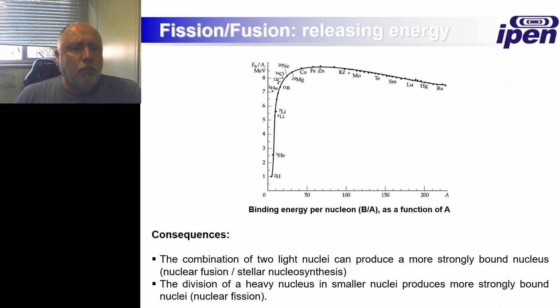And so let's recycle this. We all saw this one on the first class, in fact, right? So this is the binding energy per nucleon. I showed you this on the nuclear models of class 2. So now we can take a look back at this and say, okay, I told you at that time that if we got two lighter nuclei and put them together, we should release a lot of energy, right? And that if we got a heavy nucleus and broke it in two, we should also release